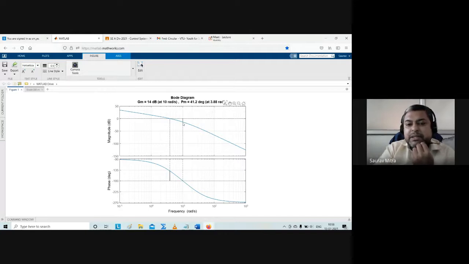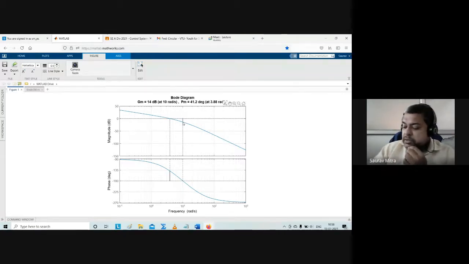This is the best way I can show it in online mode. No better way than this can I explain the things to you. This is the phase crossover, and at phase crossover you are finding the gain is negative. This is the ideal scenario. At phase crossover, if the gain is negative, it means you still have 14 dB to increase the gain. Increasing the gain actually decreases the system stability. You can still increase the gain by 14 dB and the overall resultant gain of the system will still be negative. So the margin, how much you can increase till the system remains stable, the answer is plus 14 dB.